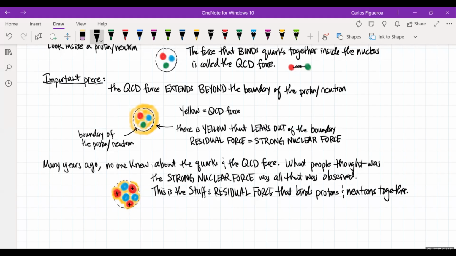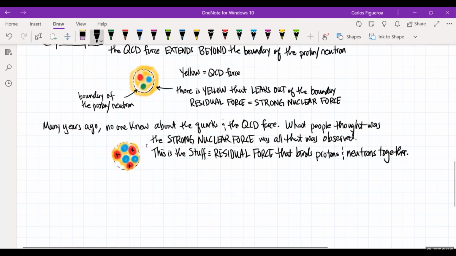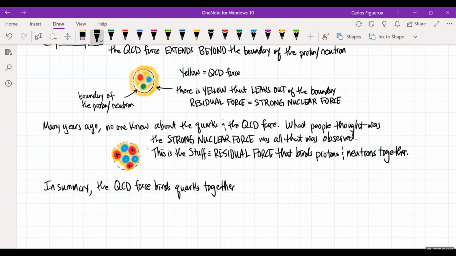It wasn't till later on that people said, oh, that's the cause of the strong nuclear force. So in summary, the QCD force binds quarks together inside of neutrons and protons,